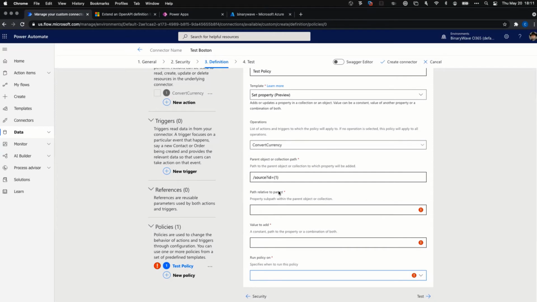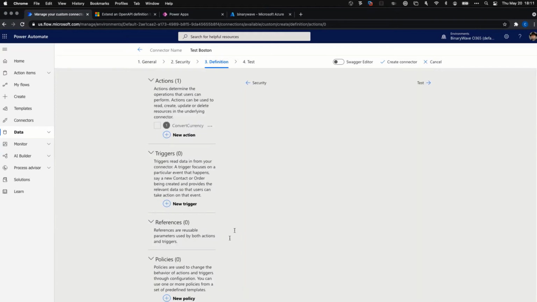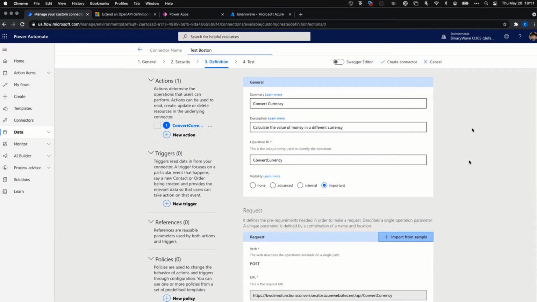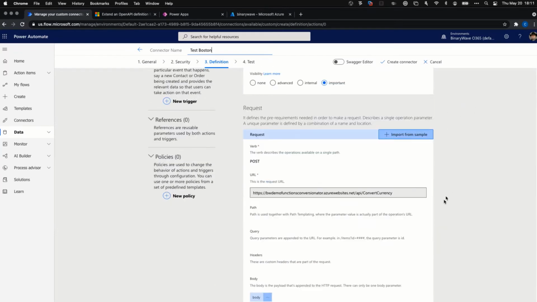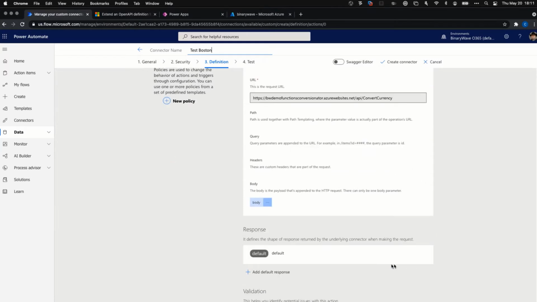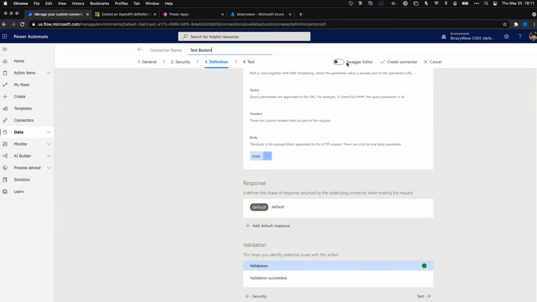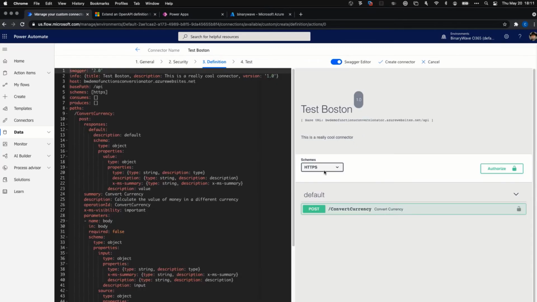But that's really what they're asking for. So I'm just going to go ahead and delete this one because we're not going to use it at the moment. Let's get to a completed definition. So here I have my def. Okay. So before we go on to the testing panel, let's peek beneath the hood and let's see what we've